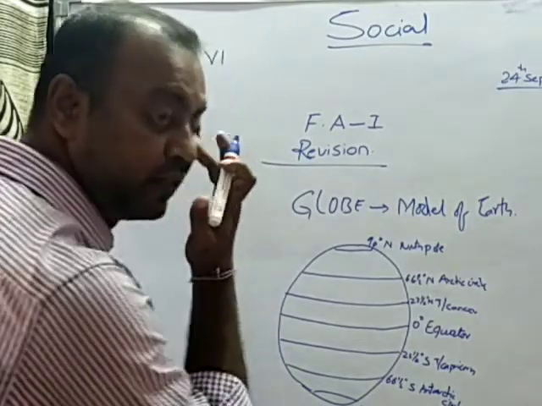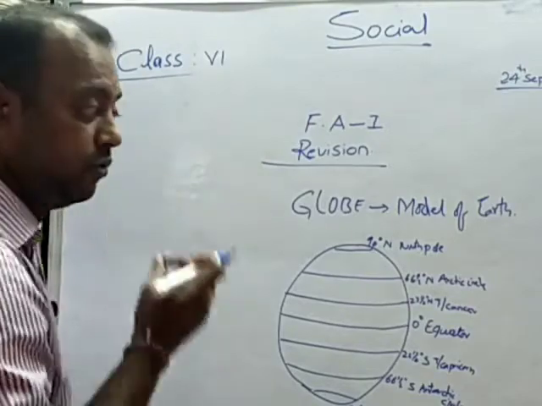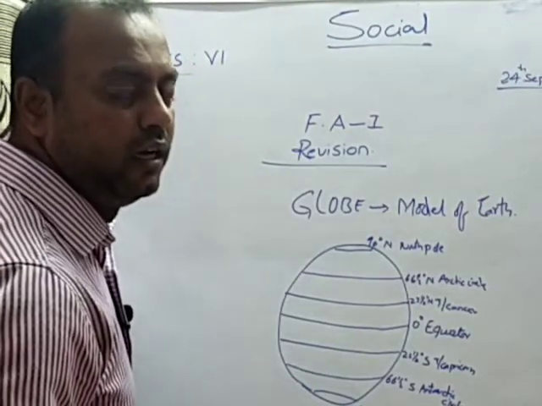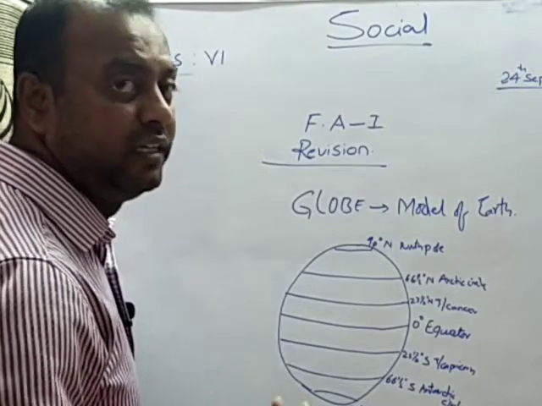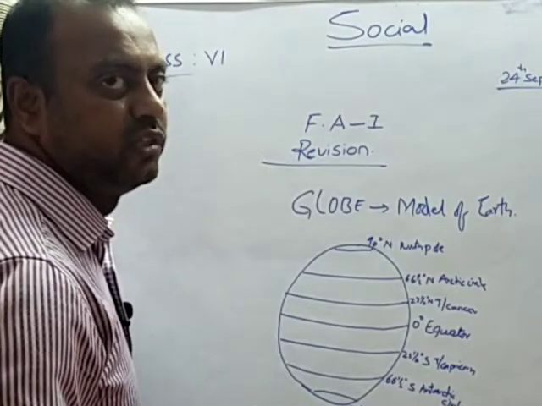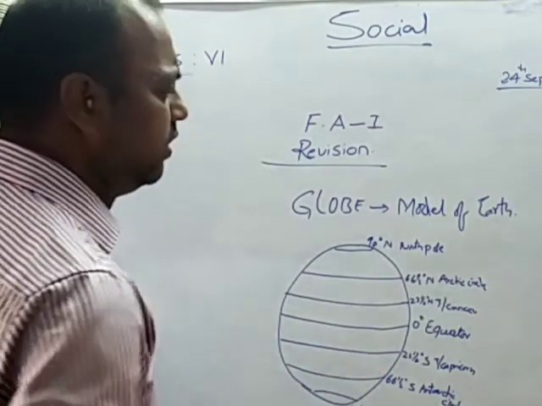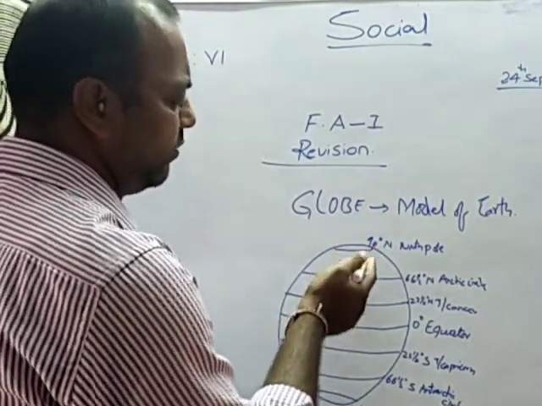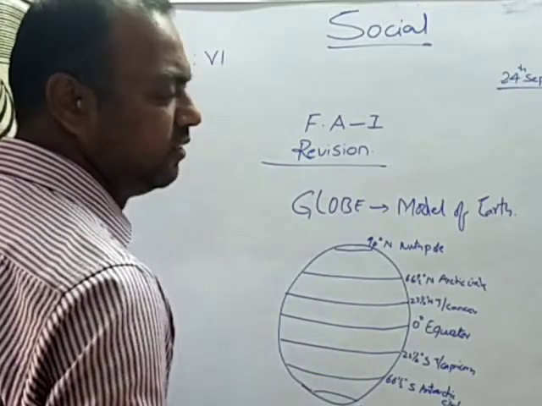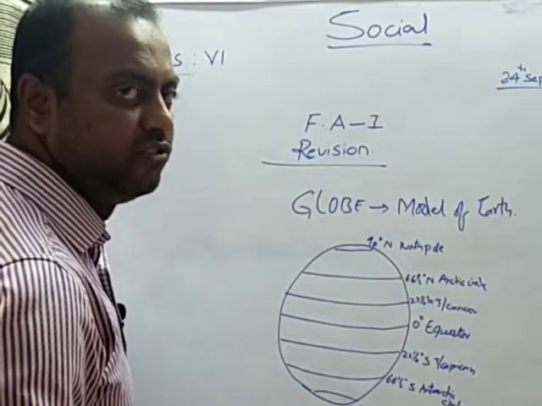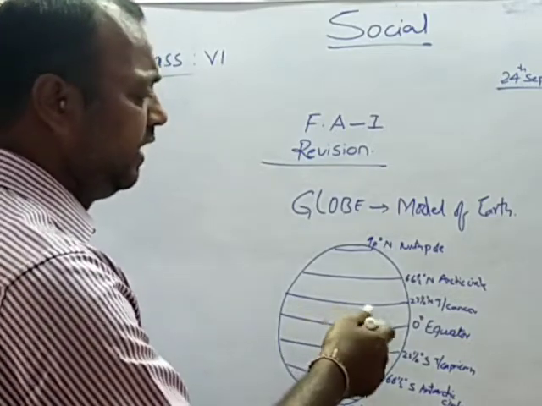So these are the important latitudes present on the globe, children. And these latitudes are helpful in understanding the climatic distribution of the world. The places which are located near the equator will be hot, and the places which are away from the equator, that means near the poles, near the circles, will be chilly cold. So this is how we can understand the distribution of the latitudes.